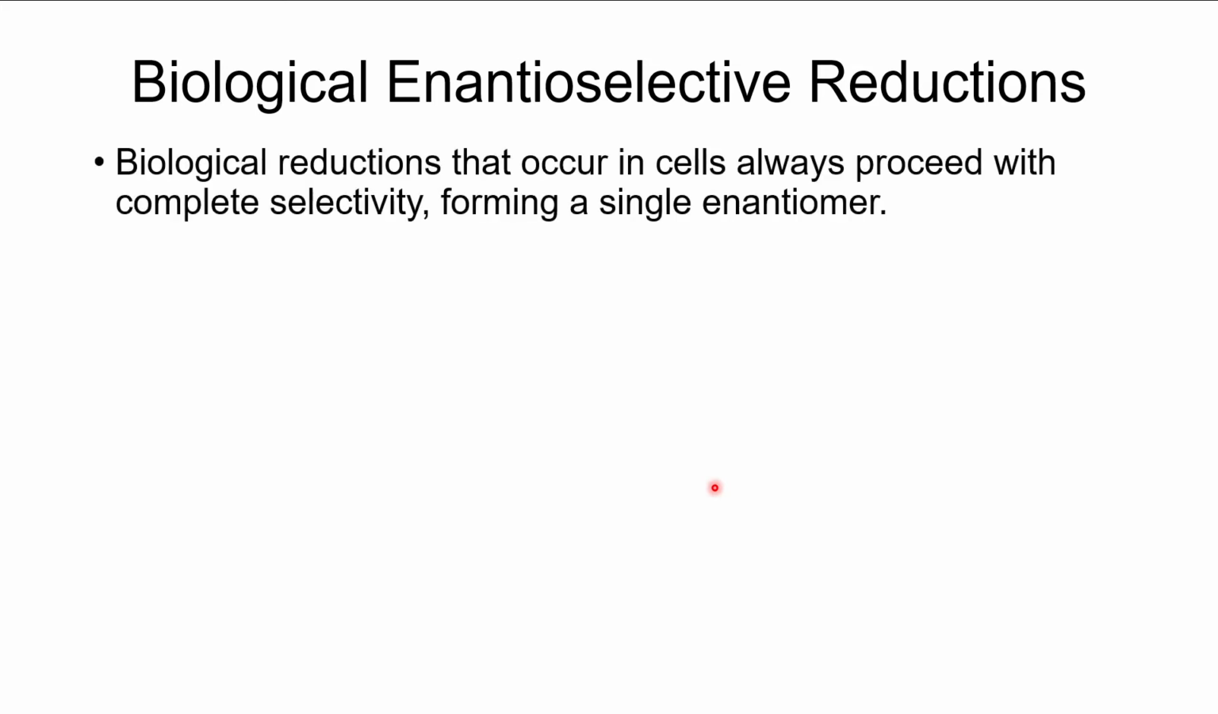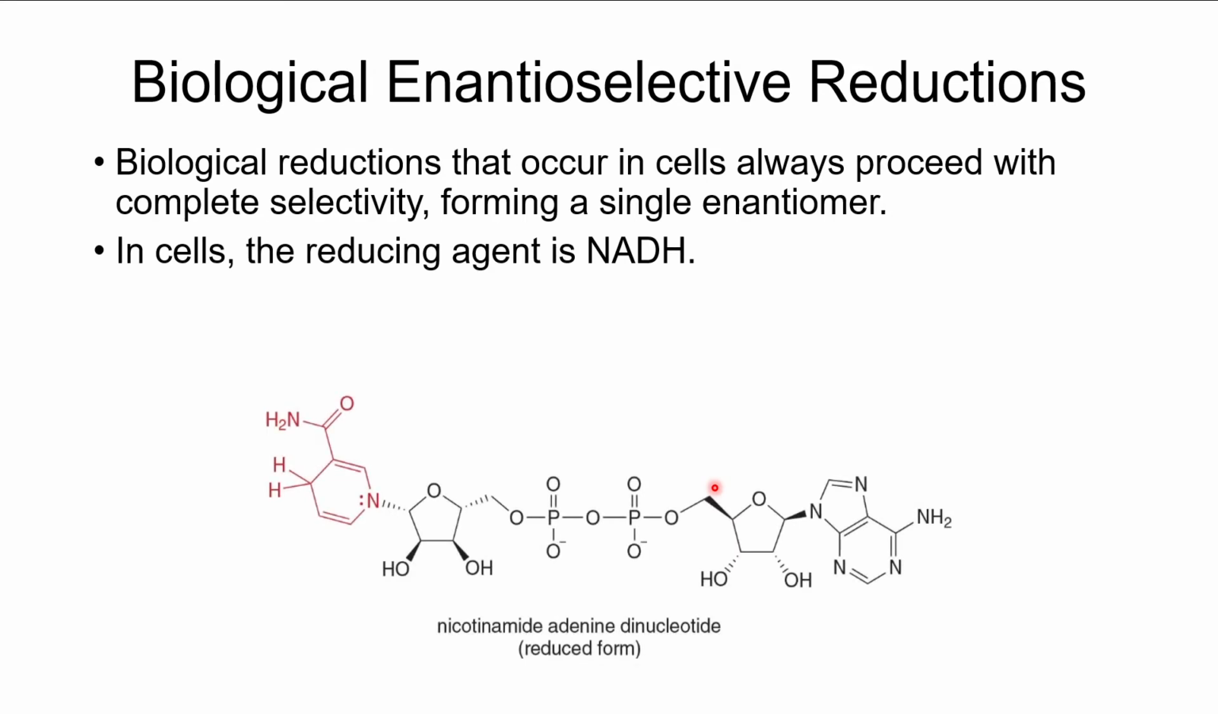Now, there are some biological enantioselective reductions, and I'm not going to go into great detail of this other than to say that there is a compound here. This is called NADH. So this is the compound, and it's got this hydride right here. So it's got these two geminal hydrogens, one of which happens to be a hydride, and you can use this as a